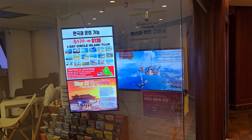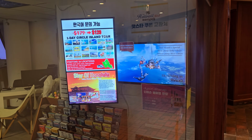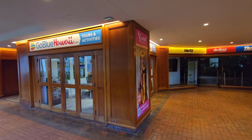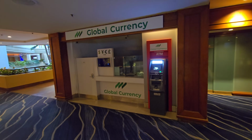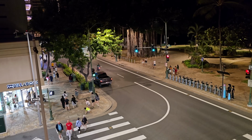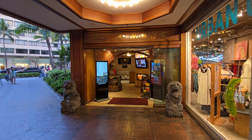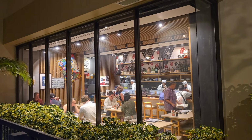while you're staying. If you're here as part of a tour group, there are tons of tour operators, tour companies, tour lounges that operate out of this hotel. You will also find a Hertz rental car, and if you need a currency exchange, they've got that too, although the currency exchange does have some pretty limited hours. And if you like restaurants, there are tons around in Waikiki, but there's a couple more in the hotel on the ground floor. Most notable, the sushi shop that you can look in on the window and see them cutting